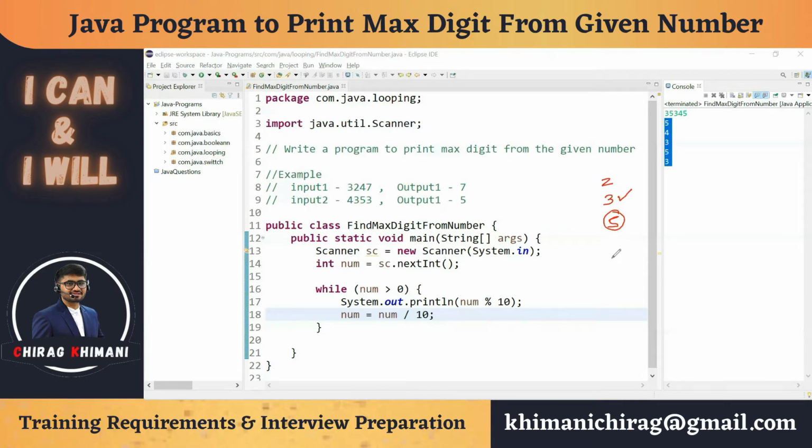Okay. Let me give you another number. Let's say 4. Now which number is the biggest number? Definitely your answer will be the same, 5 is the biggest number. Okay. Let me give you another number. Let's say 6. Now which number is the biggest number? Your answer will be 6 is the biggest number. Okay. Let me give you another number. Let's say 10. Which number is the biggest number? Your answer will be 10 is the biggest number, right?